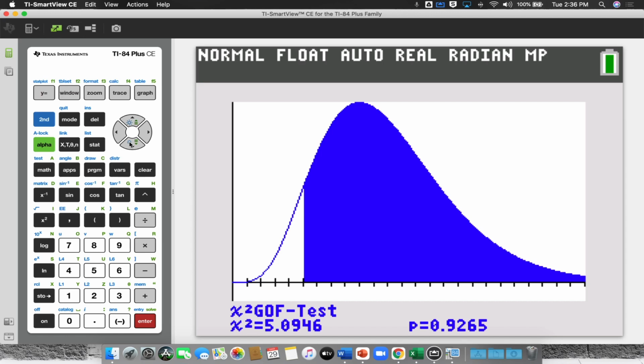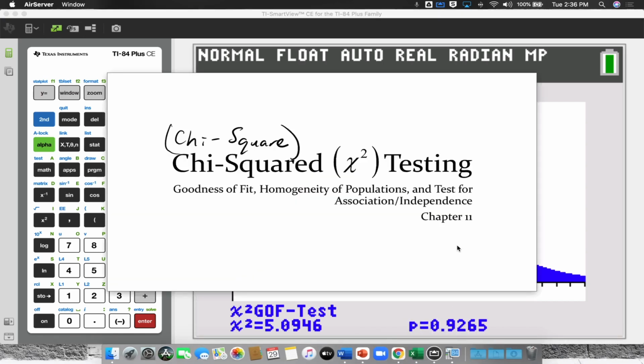So the assignment is from your book. It's from 11.1. Okay, so tomorrow we're going to start on 11.2. 11.2 is two tests. There are two chi-square tests. One of them is homogeneity of populations, and the other one is test for independence or association. Okay, they're very similar, and they're done exactly the same way, but they're just for two different things. Okay, we'll talk about it tomorrow. Okay. Okay, so why don't we do